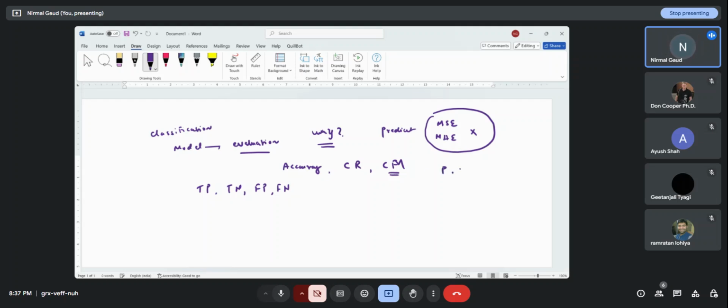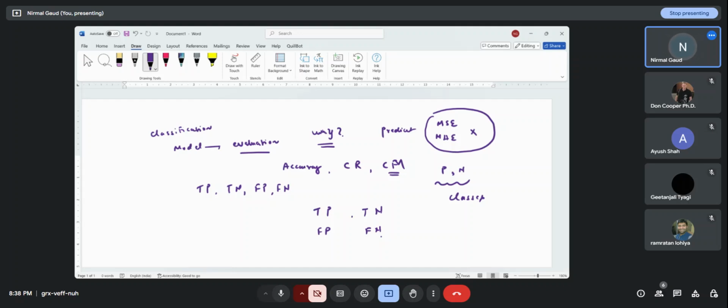Positive and negative, these are the two classes. If your model predicts a positive class as positive and a negative class as negative, then only they become true, else they become false. Okay,